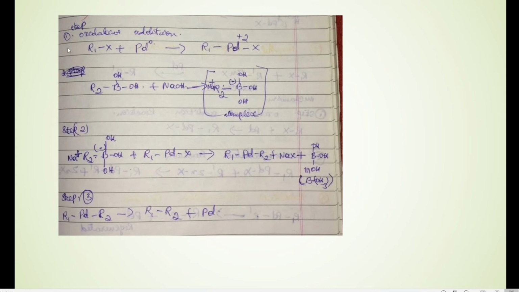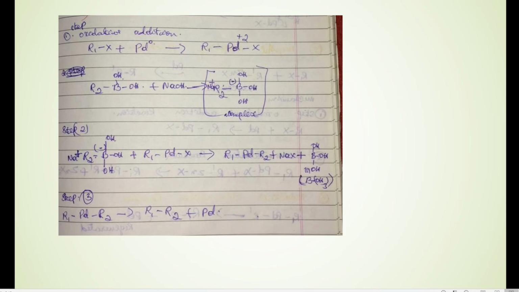So we are making RB(OH)2 react with NaOH, the base. What happens is that the Na+ part gets attached to R2 and the OH part gets attached to B. So there is a charge separation taking place. You can see that the Na+ part has got attached to R2 and it retains its plus charge. In the same way, OH will get attached to boron, and boron will get a slightly negative charge here since it is attached to 3 OH groups. So it's a complex where there is both plus and minus charge in it.